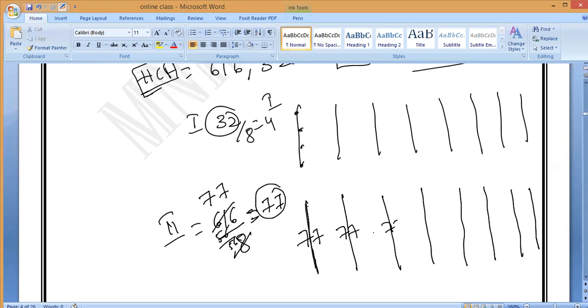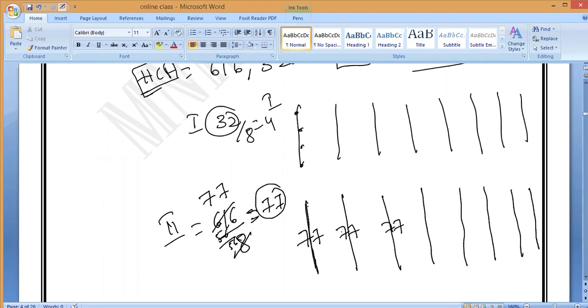Do you understand, all of you? So like that we have to arrange. The exact number of columns of the first group and of the second group should come, and we also have to get the maximum possibility. So that is why we are doing HCF, the highest common factor.